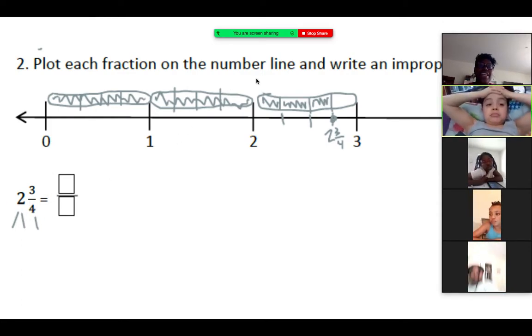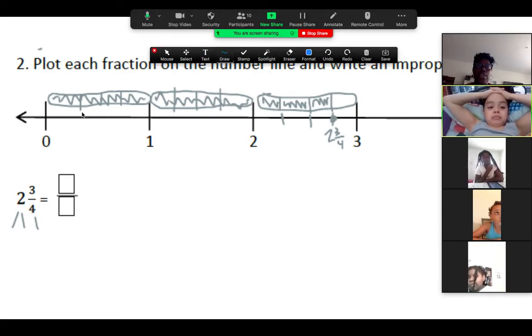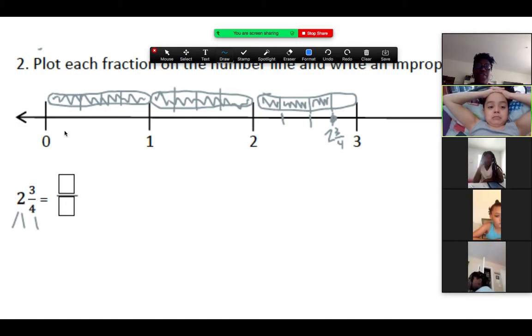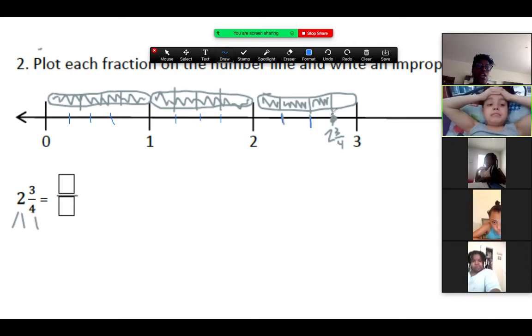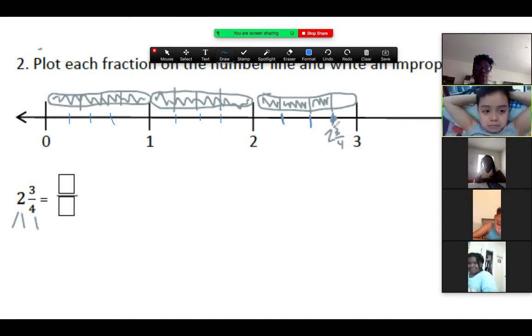The denominator tells us how many pieces we're going to have in a whole. So if I look at this denominator in 2 3/4, I know that between each whole, I'm going to have fourths. Between each whole, I'm going to have fourths. And that's extremely important when I start talking about placing fractions there. So then I see that I have 2 3/4, and I want to be able to